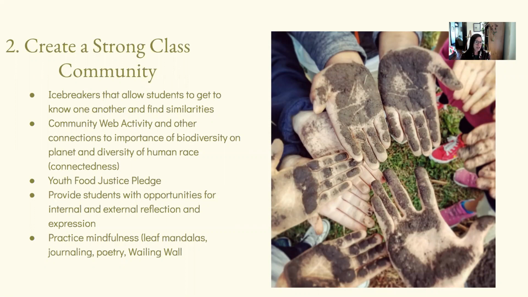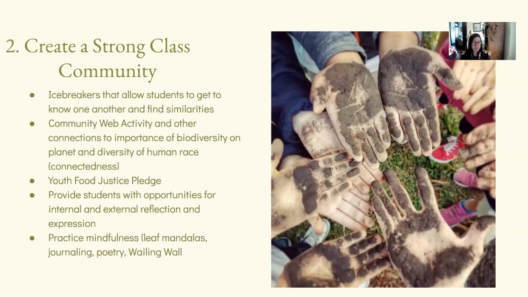And thinking about, if your basic needs aren't met, you aren't going to be able to function well enough to learn. So of course we have to have our cafeteria staff and our cooks, so that we can eat, and our school nurse, and you can then create a web to see how important all these pieces are for the school community. Again, you can do that with other settings too, even just thinking about your community as a whole. So that's another thing that you can do to help create that strong class community.